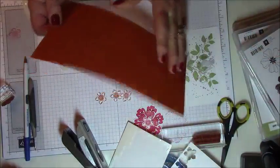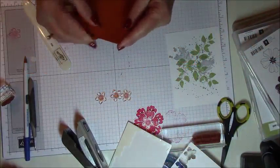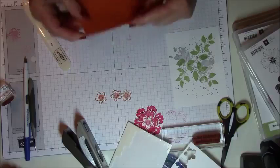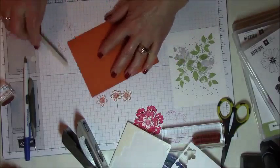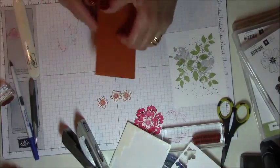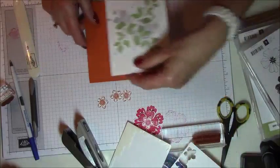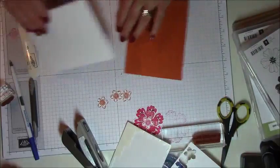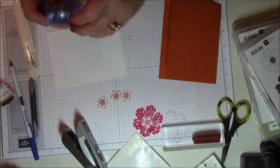Alright, to assemble the card, pull out your card base. This is an 8.5 by 11 sheet of cardstock. I put it on my cutting board along the long side, the 11-inch side, and I cut it at 5.5. And then I scored it at 4.25. So there's our card base, and then I'm going to place this on here with some tape runner,